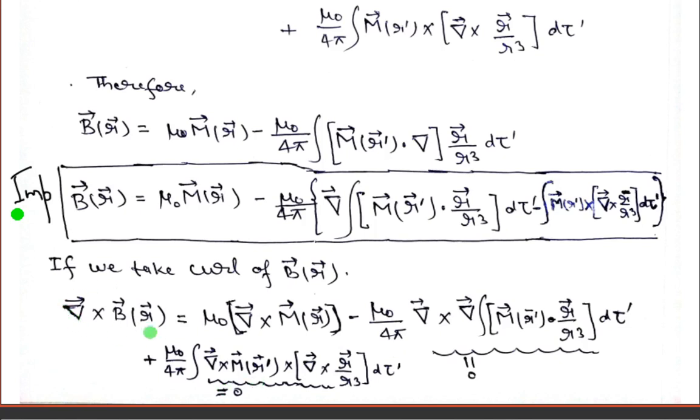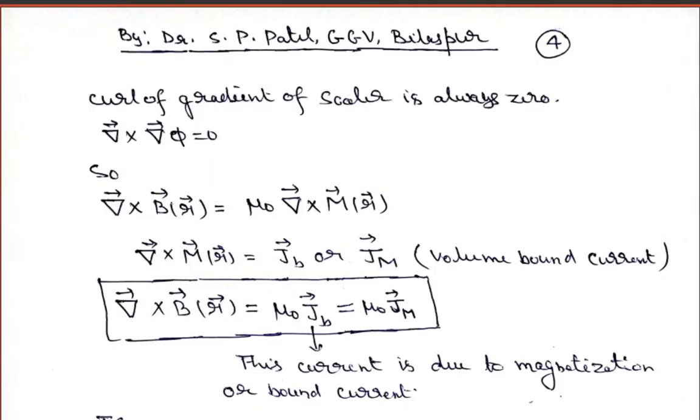That means when you take the curl of B out of all these complex integrals, this basically vanishes, cancels out, and only the remaining quantity will remain. So if you see on the next page, what will we obtain? Because I have written that the curl of the gradient of a scalar is always equal to 0, that is why the second term of the integral becomes 0. So that will give del cross B, the curl of B, equal to mu 0 del cross M.